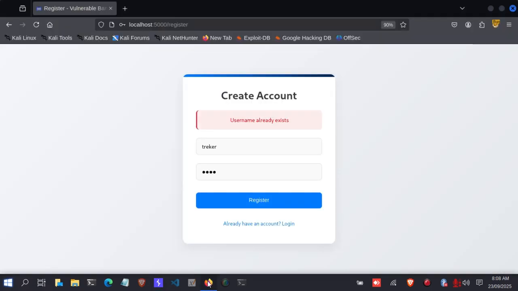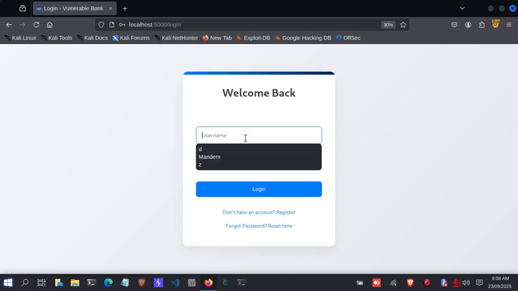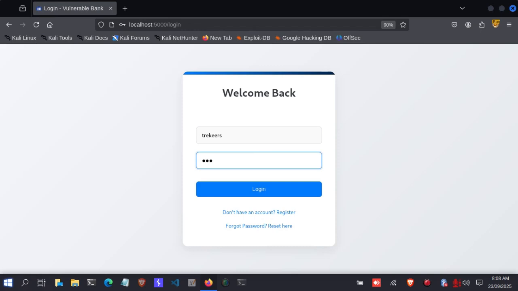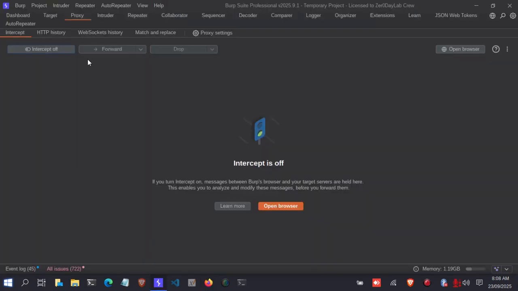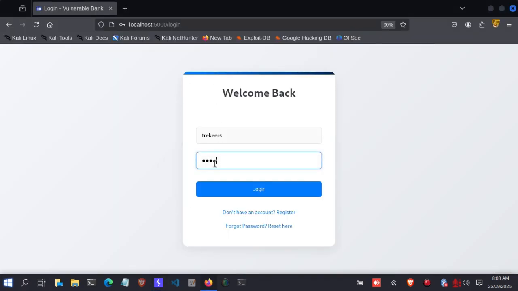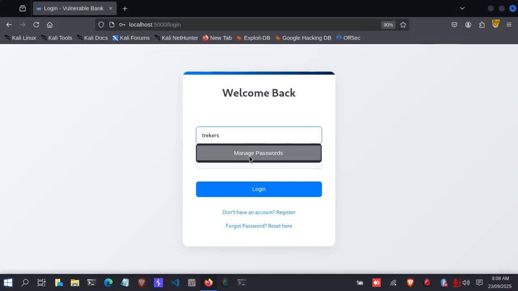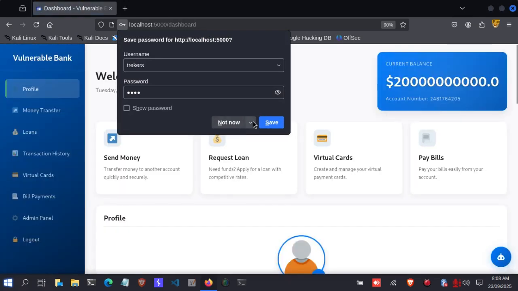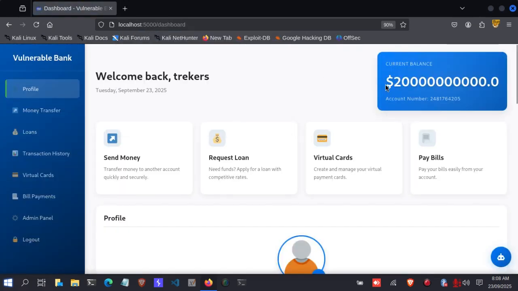Now go to our browser, try to log into our account and see. Click on login here, try and log in TrekSec, then password equals Trek. Let's go and check again to see the credentials. Okay, TrekSec1e, then the password is Trek. Click on login here. So after logging in, as you can see, our balance has been changed,